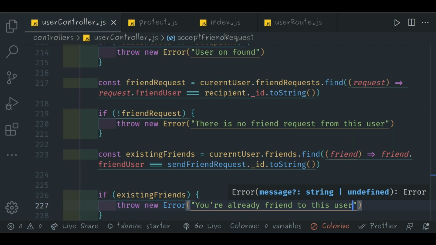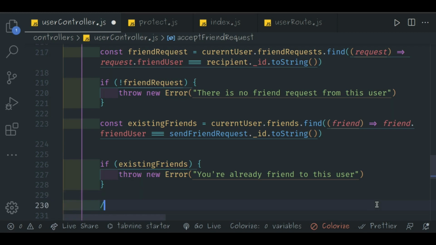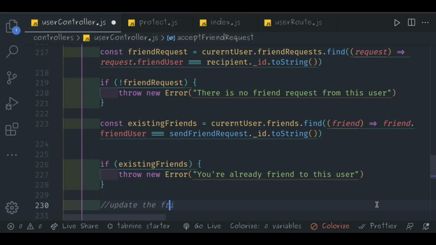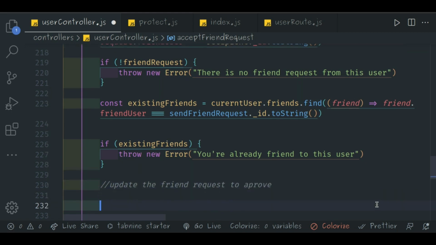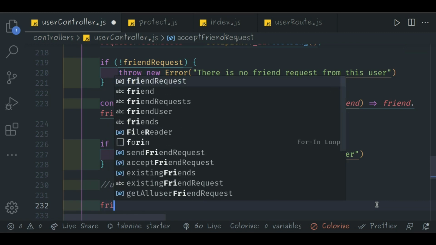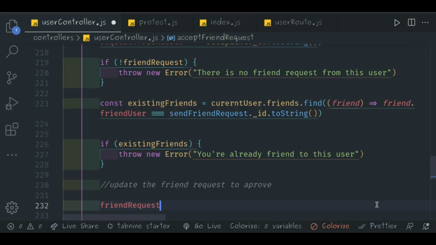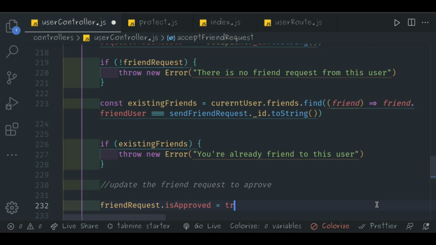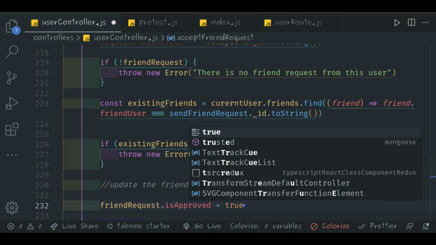And if they are not friends, I'm going to update the friend request to approve. So I'm going to say friend request dot is approved is equal to true, and after that I am going to say here